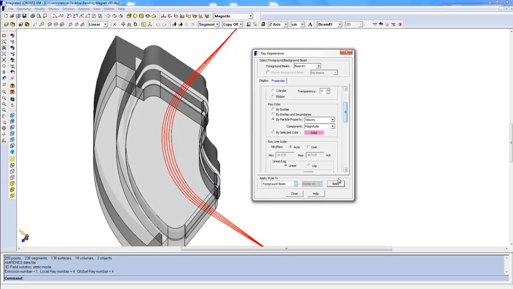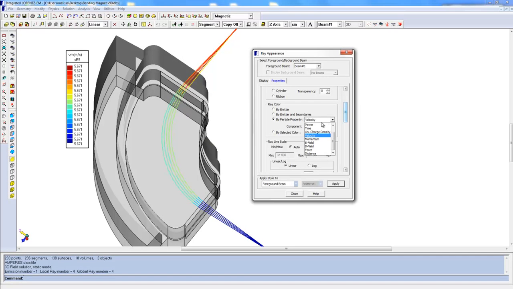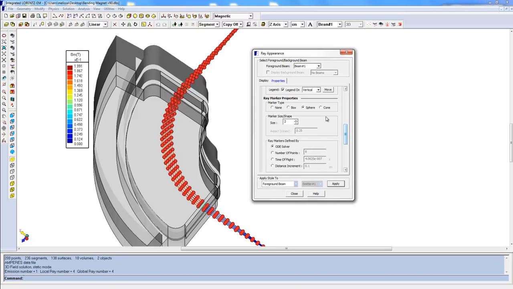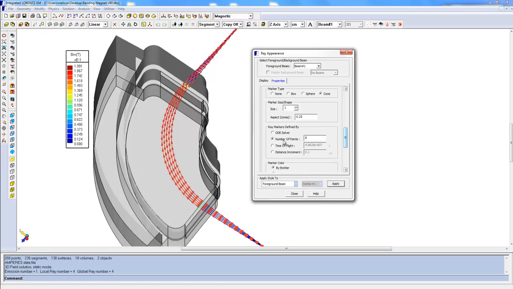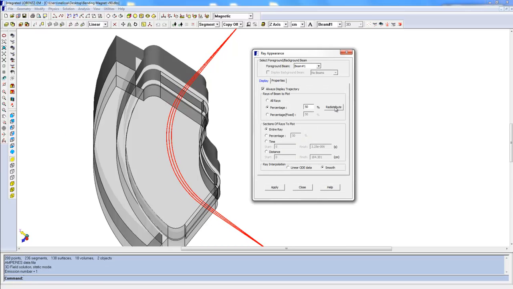The purpose of the Ray Appearance dialog in Lorentz is to let you visually display velocity, momentum, energy, or force of each ray. Visualization of the physics data is essential to improve your design. You can make it easier to differentiate multiple rays from one another and customize them to your desired visual outcome by changing their appearance with colors, shapes and thickness, or only specify a specific number of rays to be shown